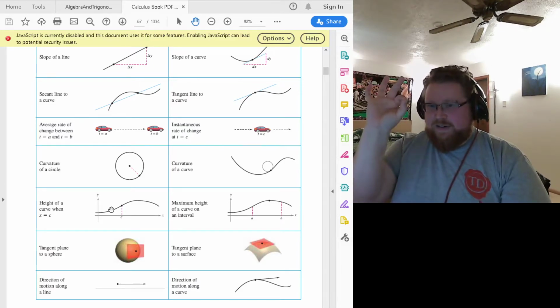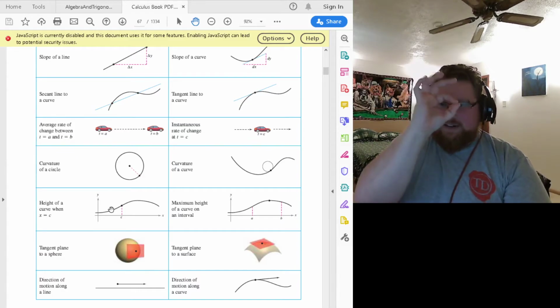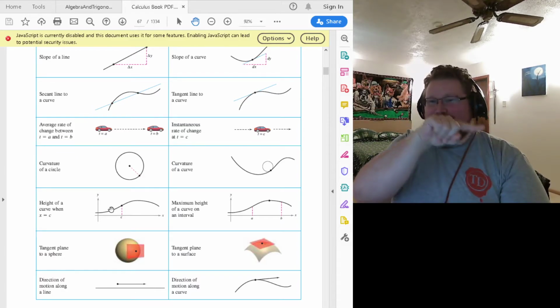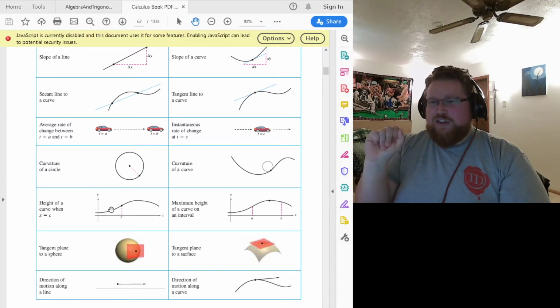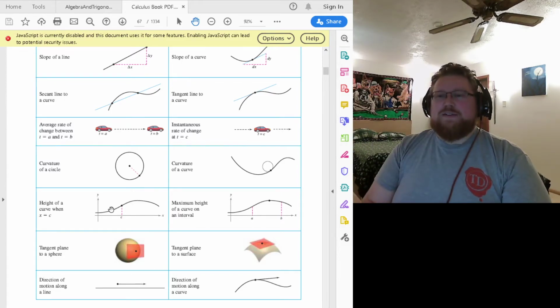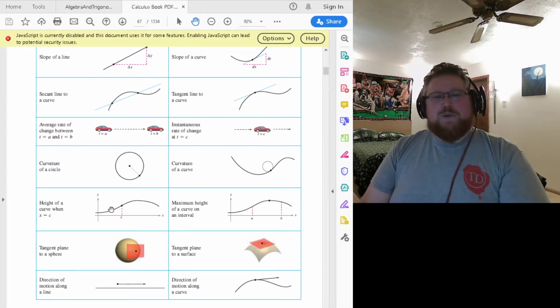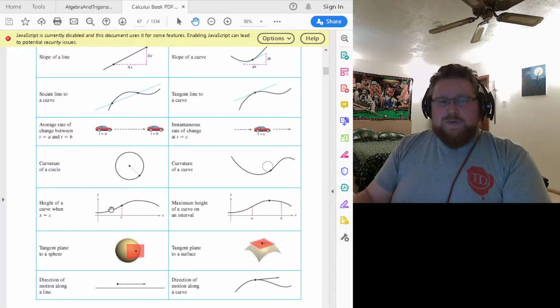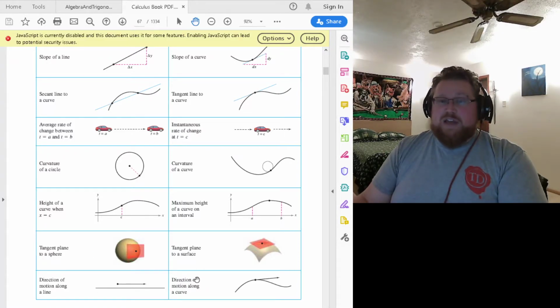Now it's happening here. Now it's happening here. You don't have to ask 1,000 questions to see the path. You want to be able to ask what's happening overall. And the calculus can do that. It can determine those values for you. Same with things like tangential planes and directions along a line versus directions along a curve. You can determine an immense amount of material